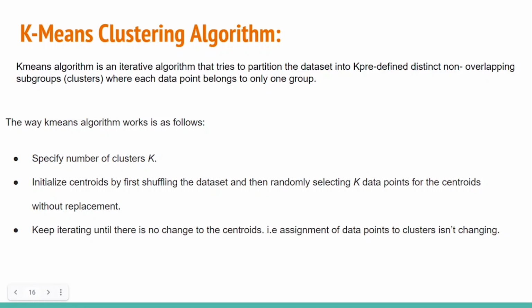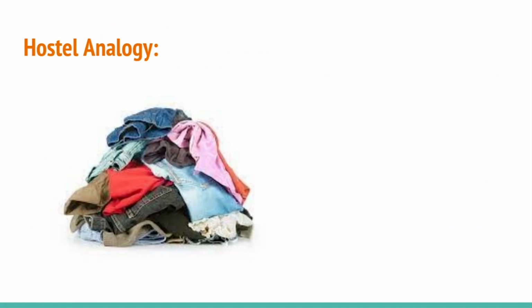So to understand the k-means clustering algorithm, let's take this analogy. Say you're in a hostel, and you don't know how to wash your clothes. You have to do this job on your own. Now you have a heap of clothes in front of you and you're expected to wash them. So you ring up your mom, and auntie gives specifications for each variety of clothes. Like some should be washed in hot water, some in warm water, some need dry cleaning, and some need Ujala or something. So this is a perfect clustering scenario.